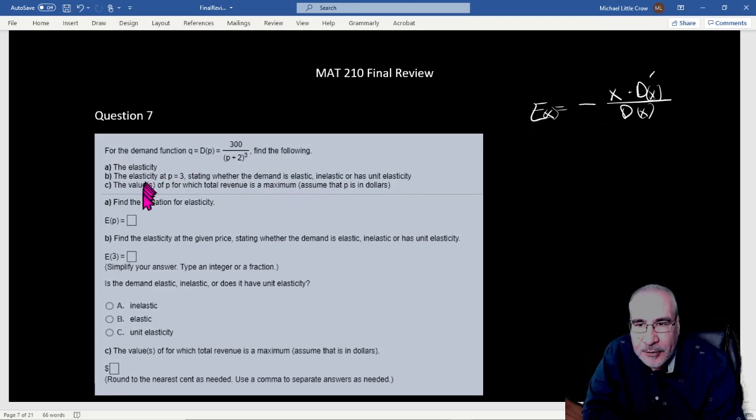Okay, so we need to find the function. What we're going to need is the derivative of this function. I'm going to rewrite this: move this 3 up, make it to the minus 3. So I'll rewrite the function D of p equals 300 times (p plus 2) to the minus 3. That is just going to be easier to take the derivative. So the derivative function,